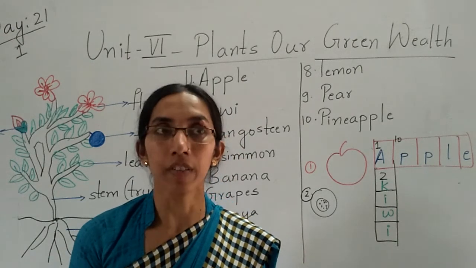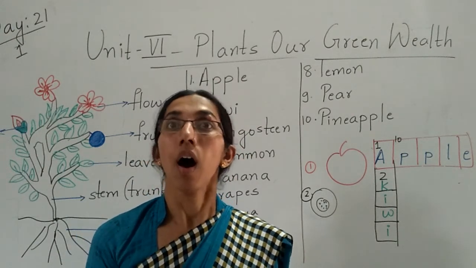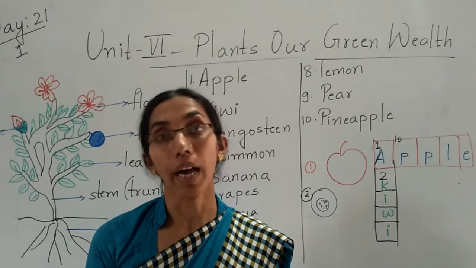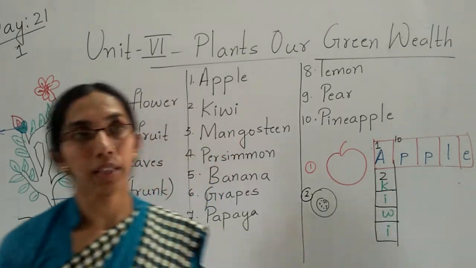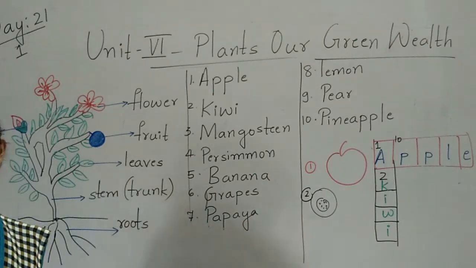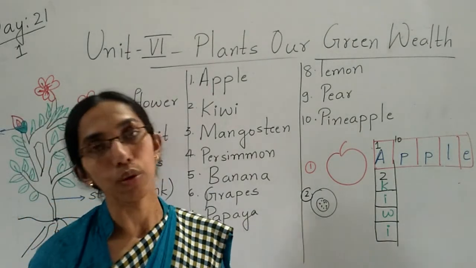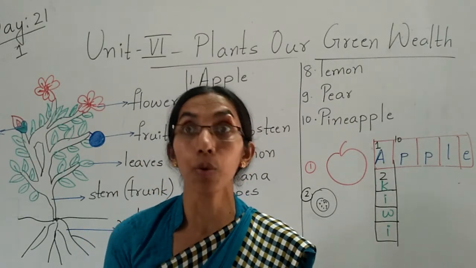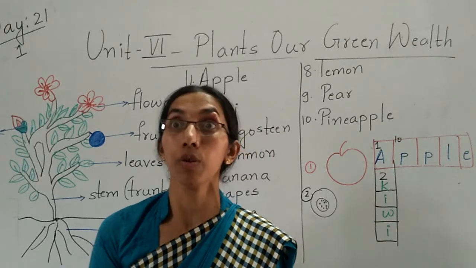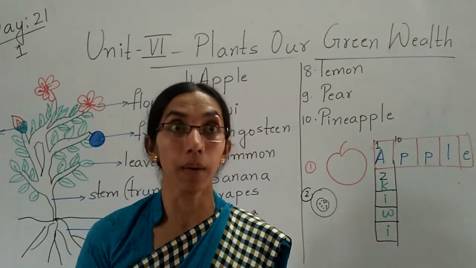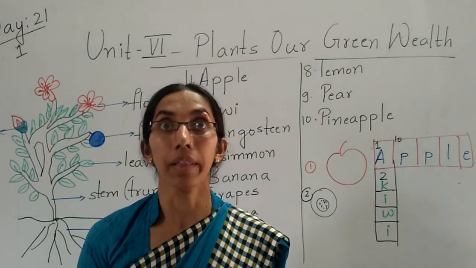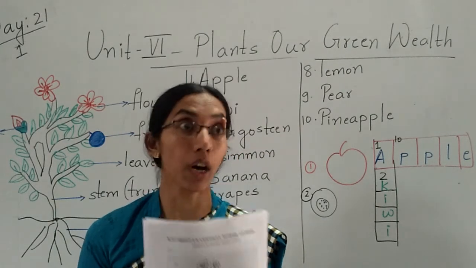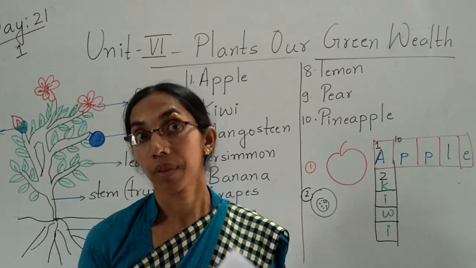So this is today's class, children. I have explained the worksheet, how to write, what to write and how to color. Everything I have explained clearly to you, children. Fine? Yes. So don't make any mistake. If you have any doubt, just call me. Then I will clear your doubt. Clear, children? Don't forget to write your name, because I have to keep these things for record. So write your name and then send me in the app. You should take the printout and then write all these things. Thank you, children.